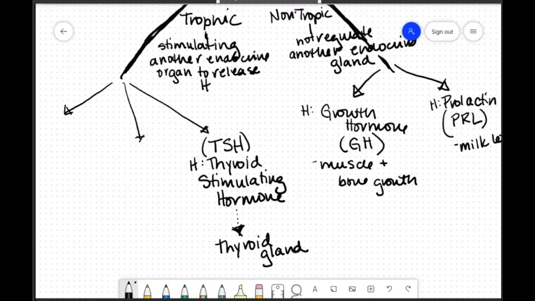Another trophic hormone from the anterior pituitary is ACTH, which comes into play a lot. And this hormone is called the adrenocorticotropic